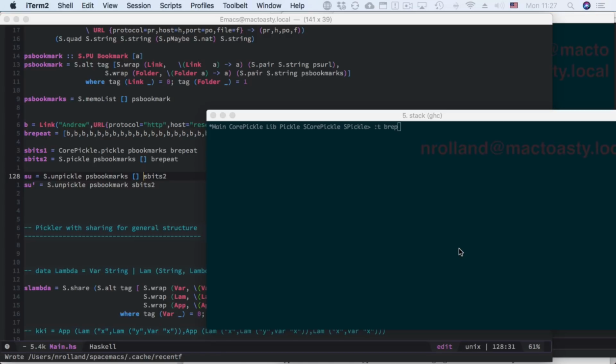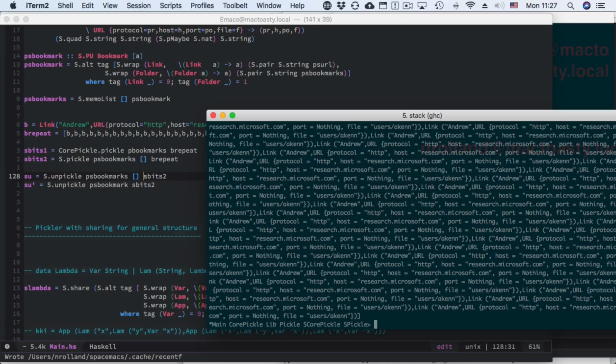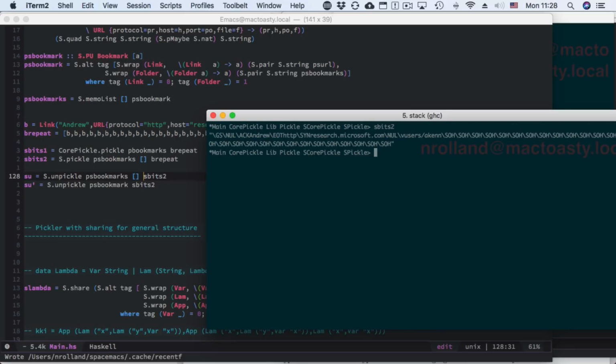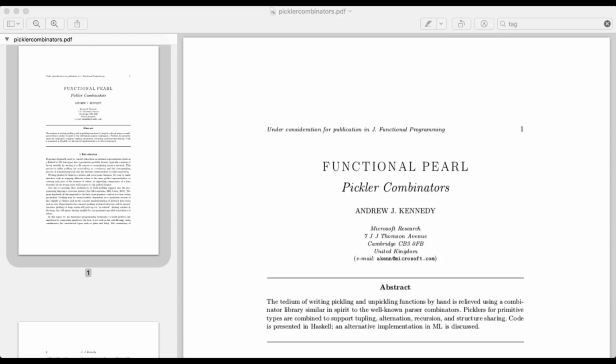I have this typed value, and I want to serialize it or compress it while still being able to recover the original value. This is about Pickler combinators, a great concept by Mr. Kennedy,